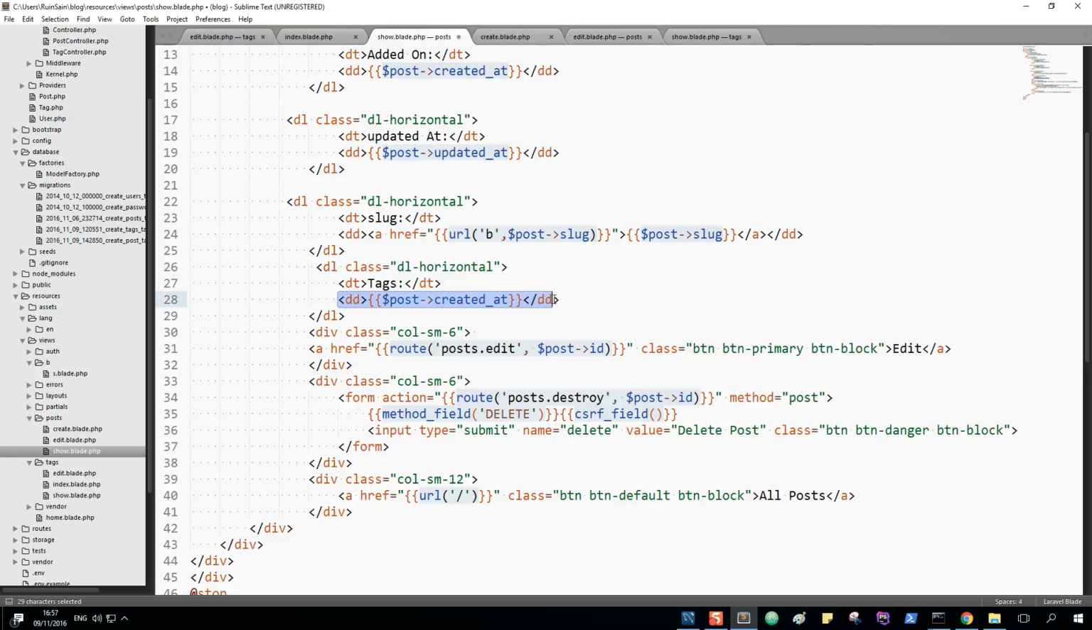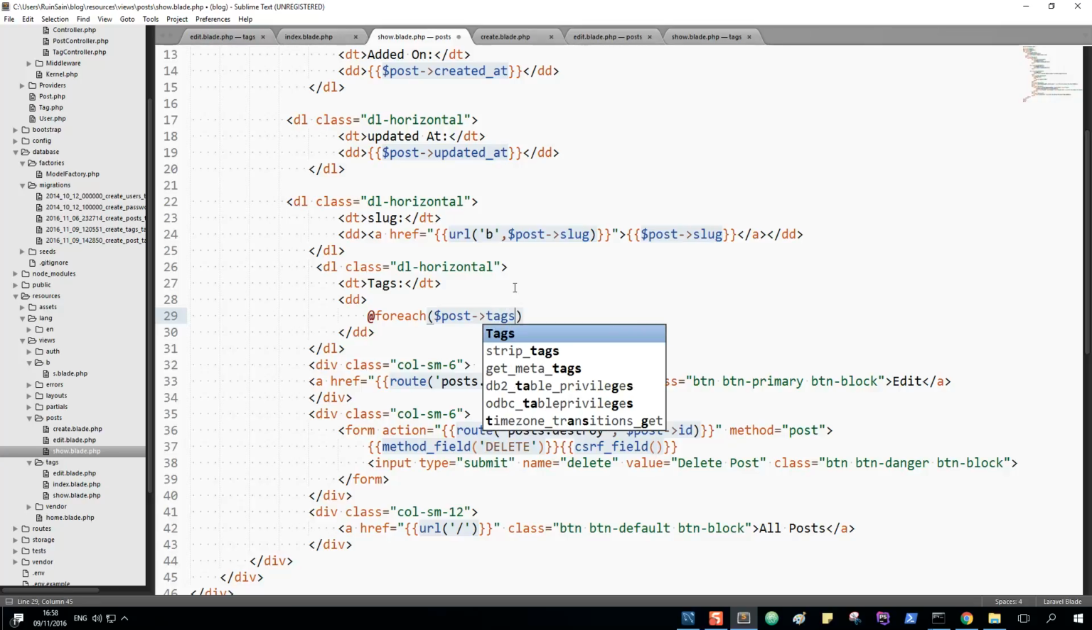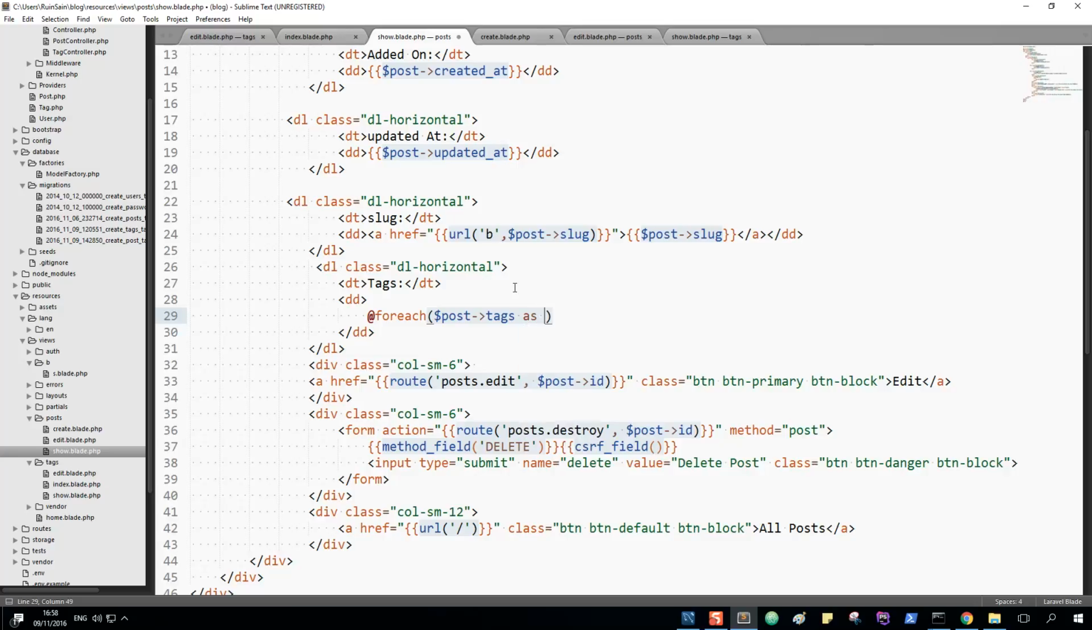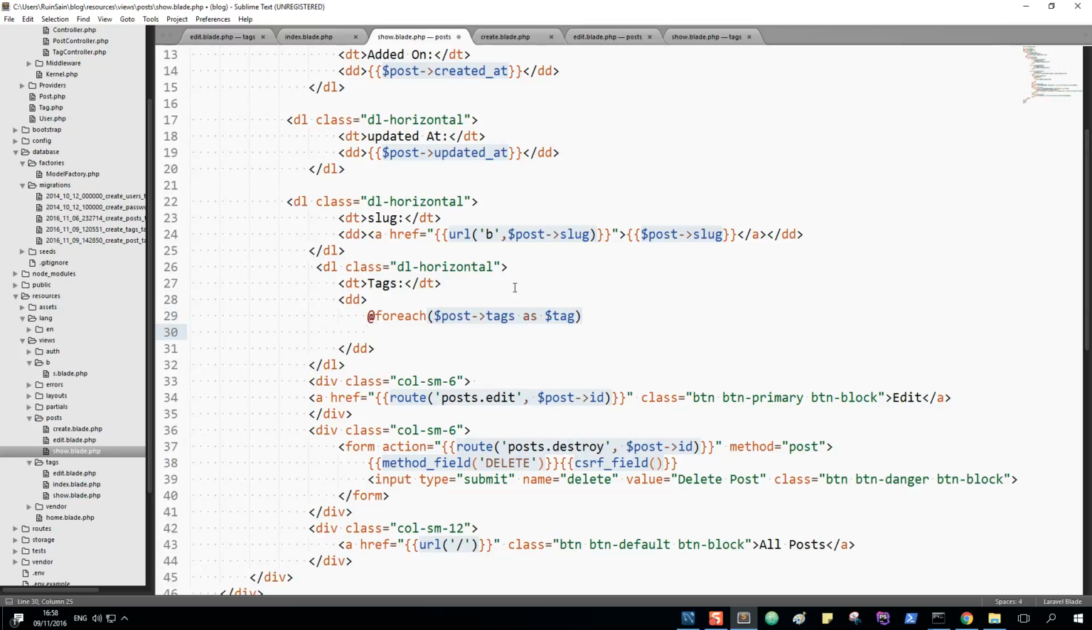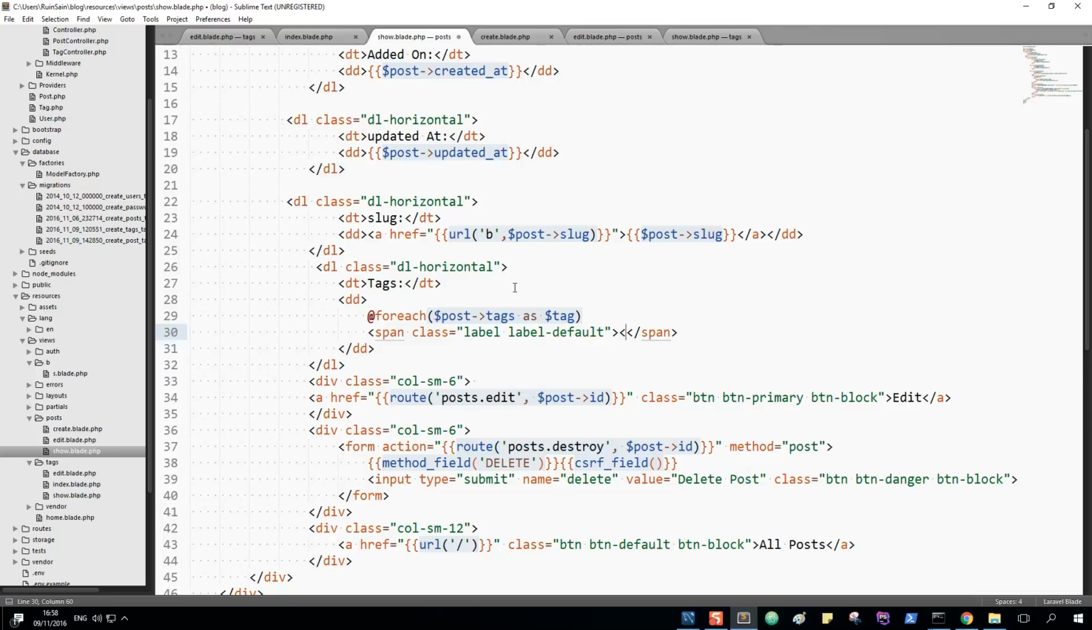and let's say tags, and in here what we want to do is to basically have a for each loop. Okay, this looks fine. Inside of here, like so, and at for each, inside of this for each, what we want is $post->tags as $tag, and in here let's create a little span, let's give it a class of label, and label default like so, and inside here let's make an anchor tag, and the route href would be